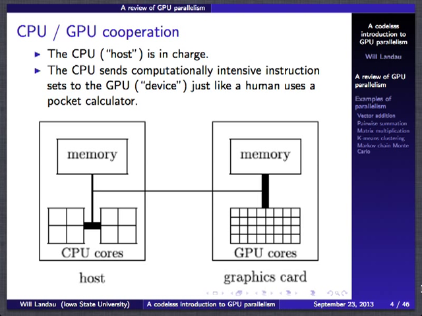So not everything can be done strictly on the GPU, and the GPU can't operate by itself. You want to be strategic about what instruction sets you send to the GPU and read back from the GPU. And a few things to help you see what you might want to send over as well. You want to send things that you can parallelize. You don't want to have print statements in your code that works on the GPU, because the GPU doesn't have access to a lot of the hardware,